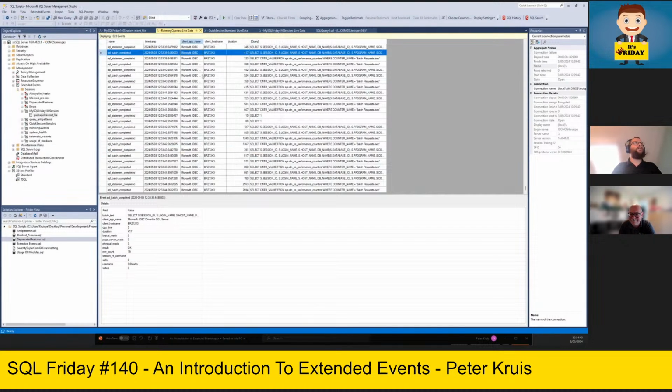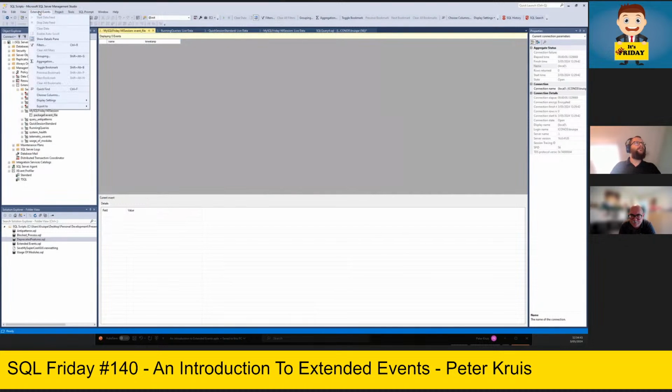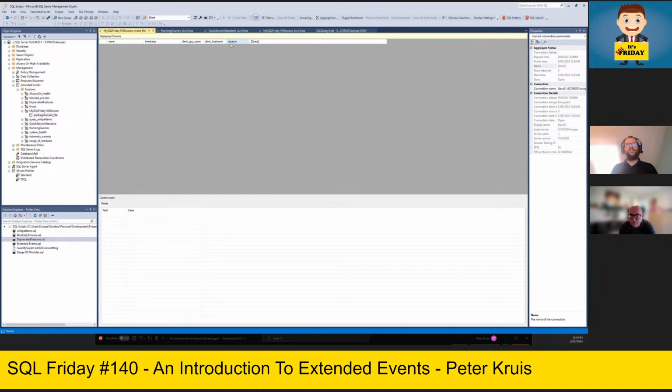And when I go to display settings, now it's in recent, but I can also open and specify a location. It will include my columns, filters, grouping, etc. So when you are going to have a combined job with several other DBAs and you have found something, you can use this to pinpoint what you found on the other screen.